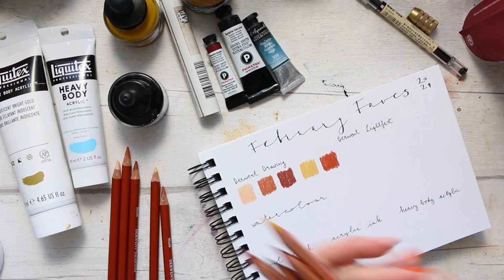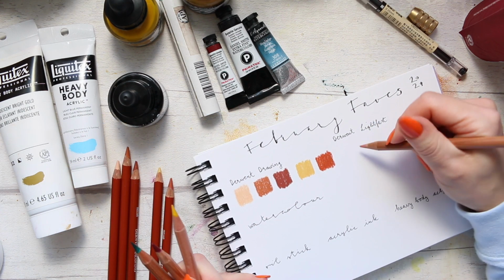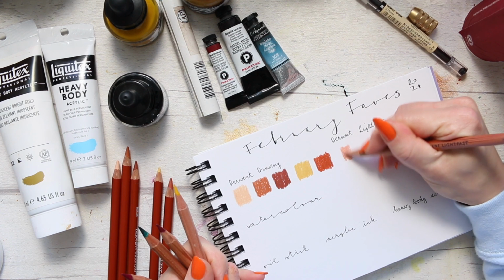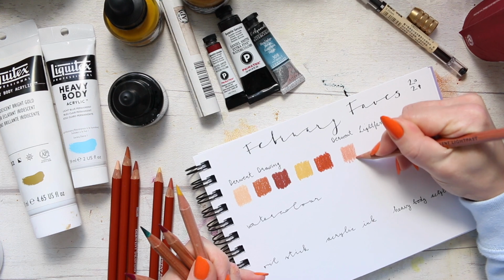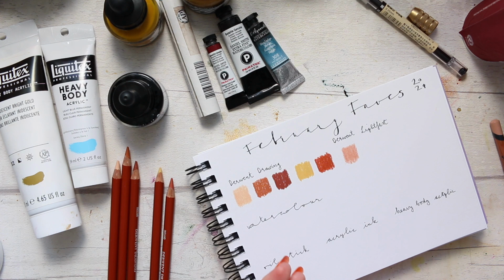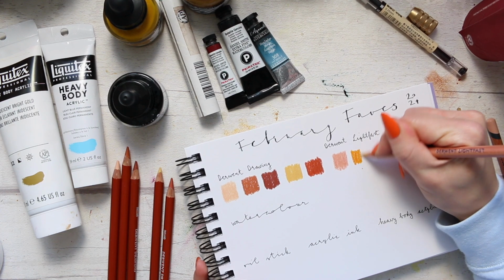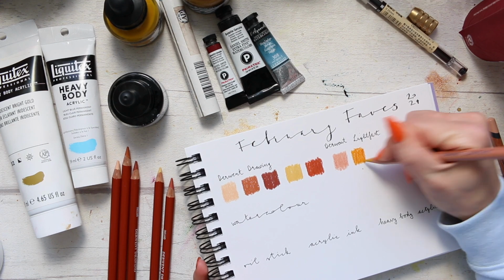And then Derwent Lightfast Cinnamon. I definitely have enjoyed using Cinnamon. Then we have Golden Sun. That's one of the new colors that have been added, and this is a very unique color. If you have tried